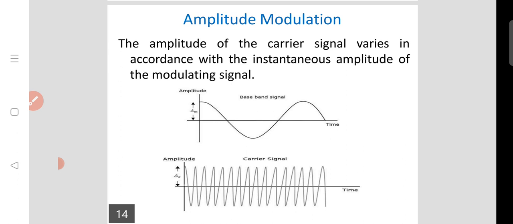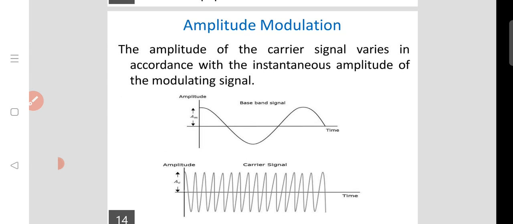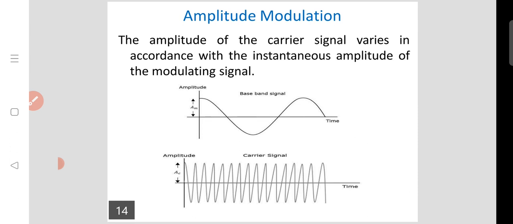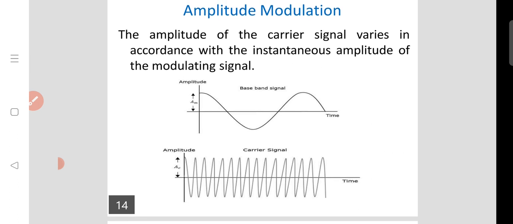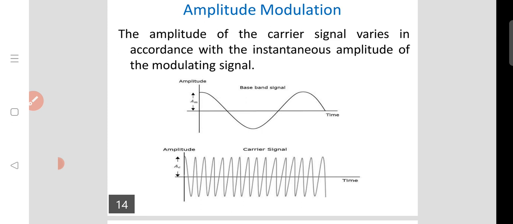Initially, in the communication system, the actual information is going to a receiver. In between, for the effective transmission or effective operation, we energize the signal. That energizing process is called modulation. We discussed modulation in an earlier class. Now the different types of modulation, the continuous signal and the continuous modulation techniques. The first modulation technique is amplitude modulation.